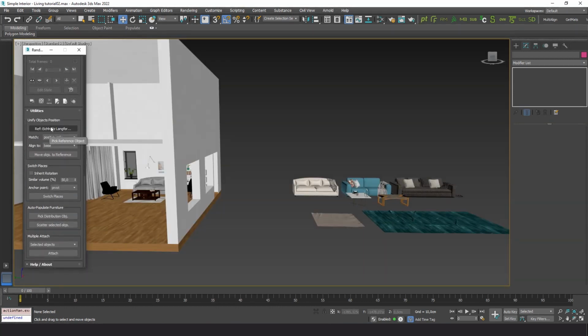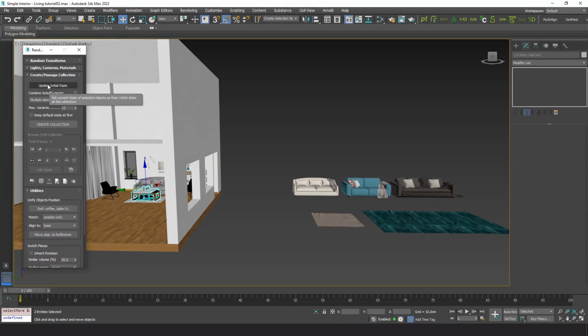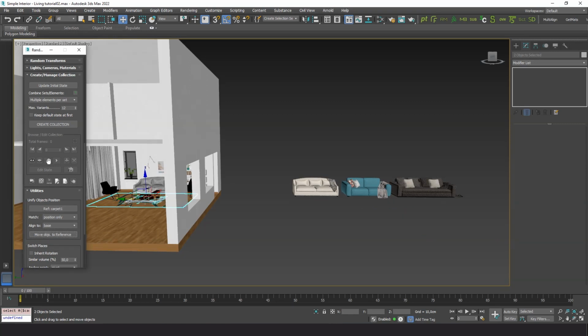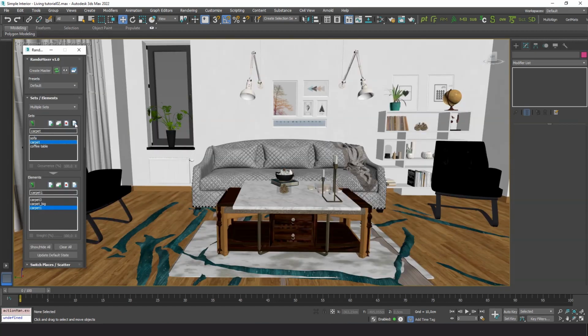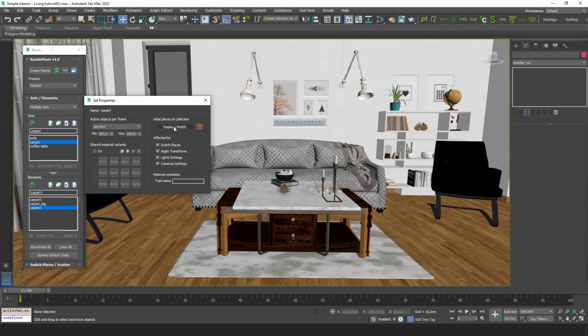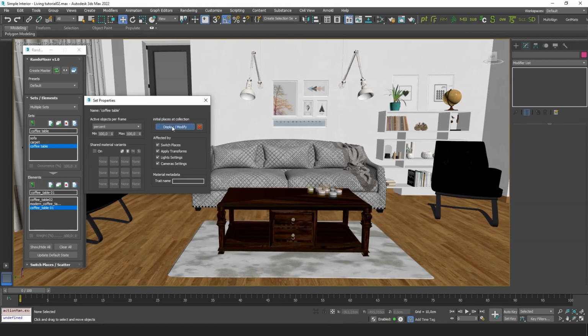Now we will quickly set the initial state for the coffee tables and carpets. Ready.